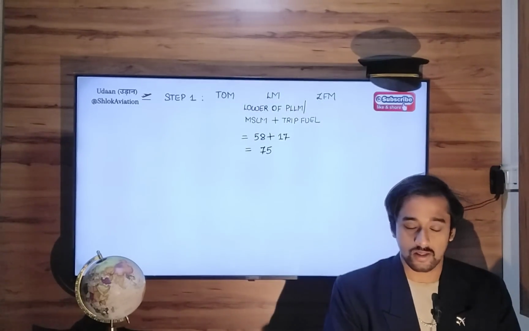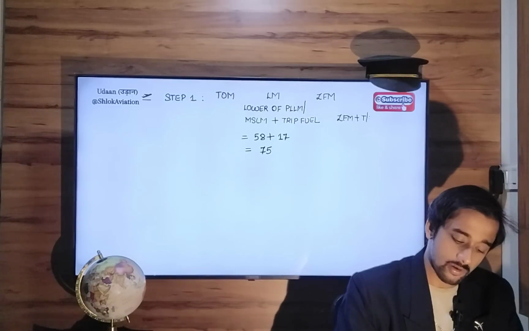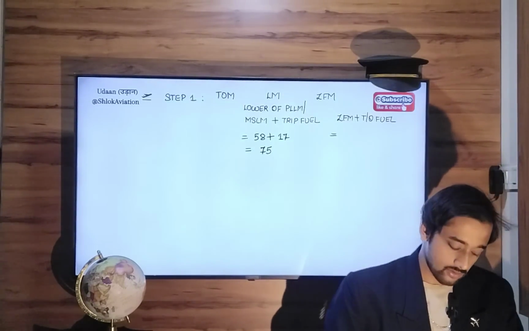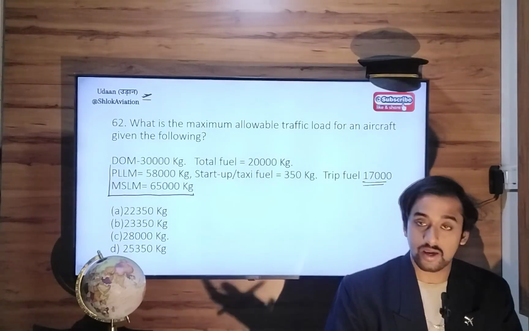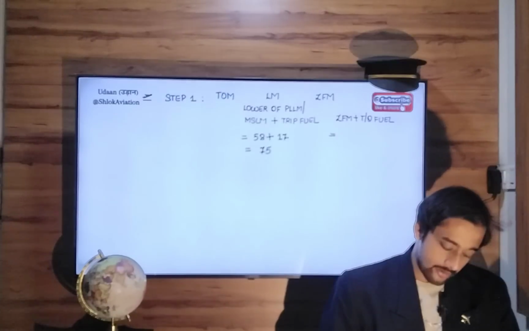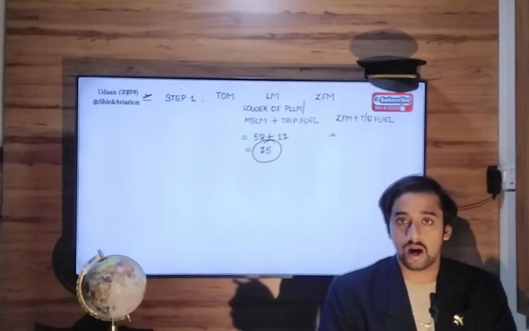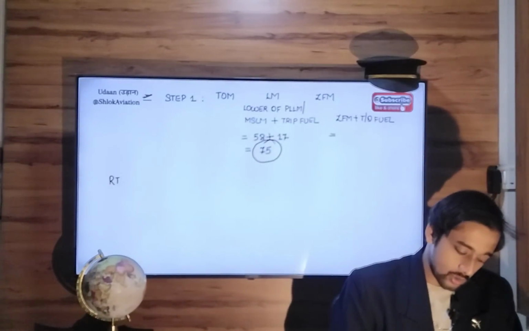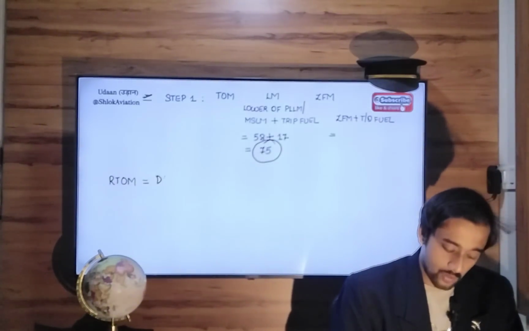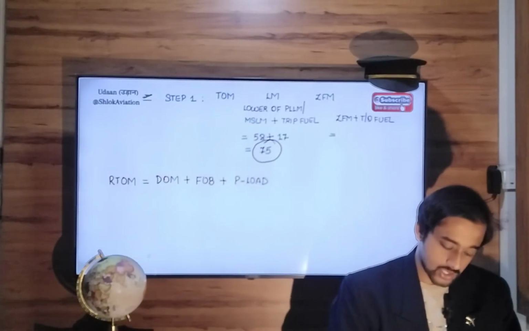75 or 75,000. Now in the zero fuel mass column, the formula you know, zero fuel mass plus takeoff fuel or fuel on board. Zero fuel mass is not given in the question, so no point in proceeding with this. So now we have only one takeoff mass value, which is 75, and it becomes the regulated takeoff mass. So step number 2, regulated takeoff mass equals dry operating mass plus fuel on board or takeoff fuel plus payload or traffic load. Therefore, 75 equals 30